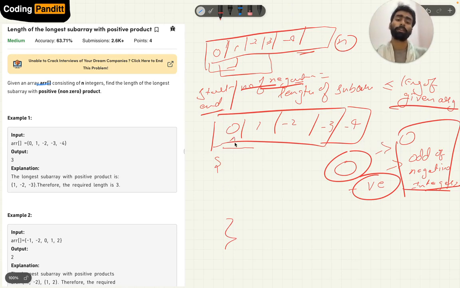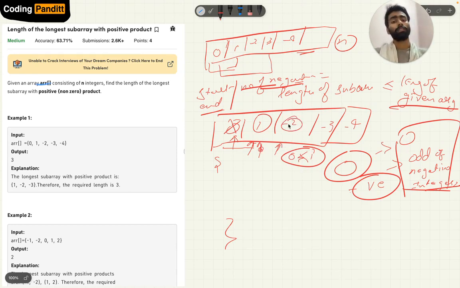First we will come across 0, so we will reject it, because if we take it, upon multiplying with any element the product will result in 0. So we will skip it and increment the end. Also we will increment the start index here because it was 0. So the start index is now pointing to 1, which is greater than 0, so we will increment the end index. It will now point to minus 2.